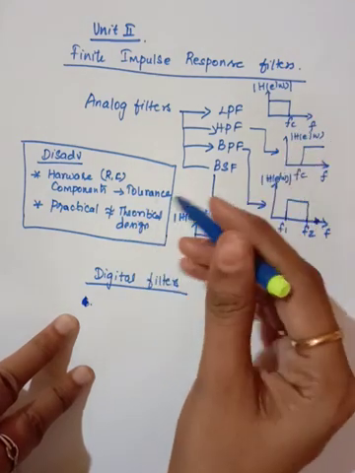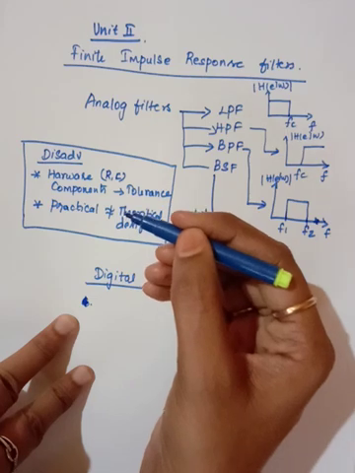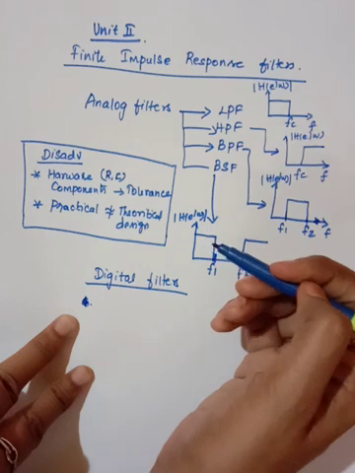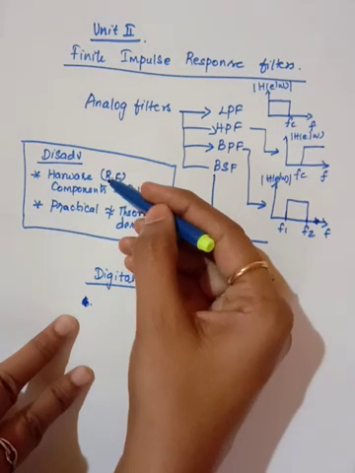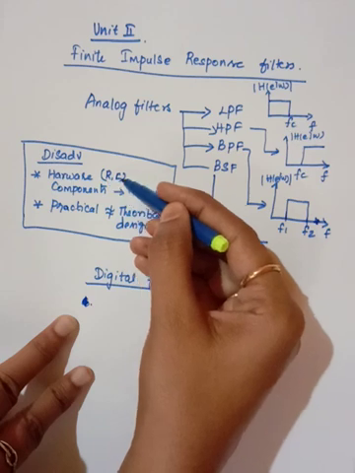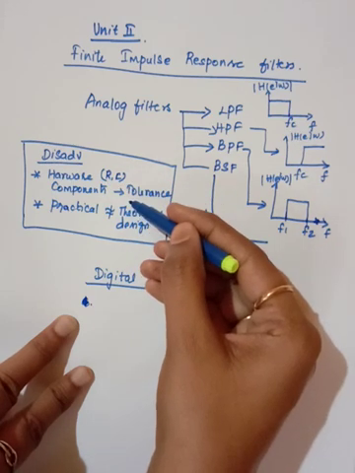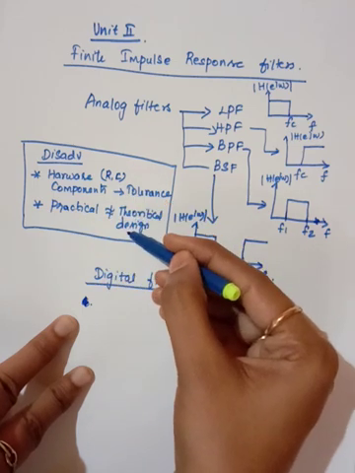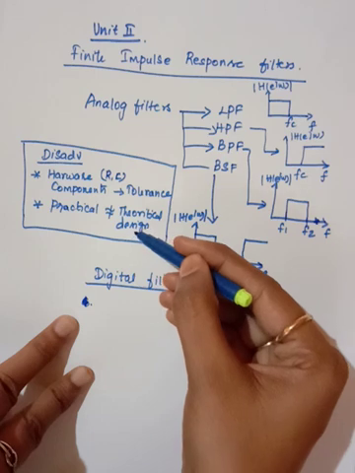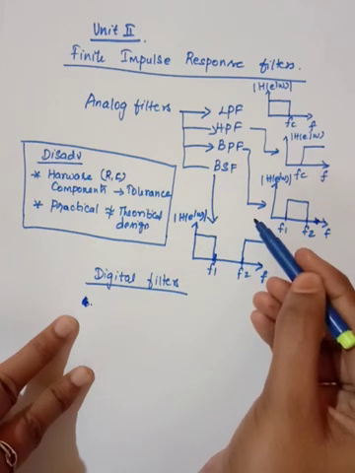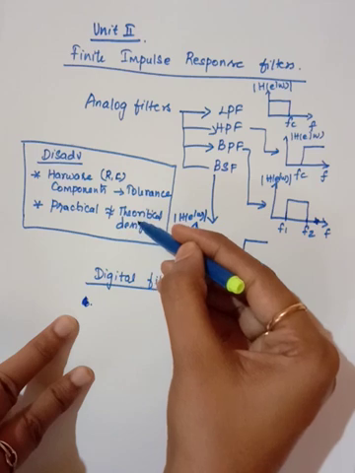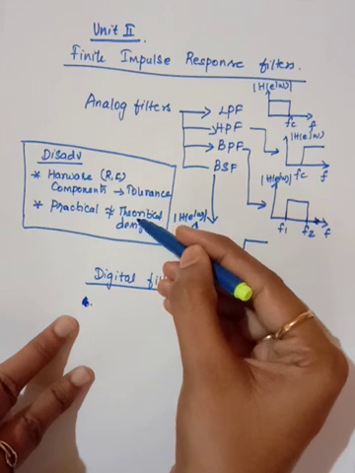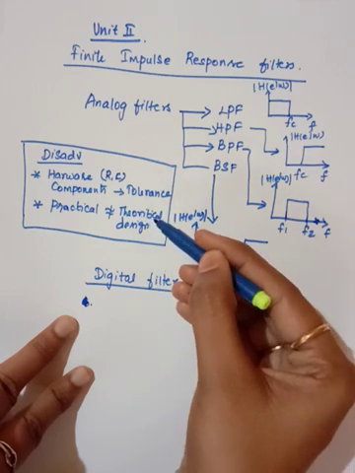The major disadvantage in analog filter design is that we design the analog filter by means of passive components as well as active components. Considering the passive components, R and C, the practical value obtained is not equal to the theoretical design. Suppose I am designing for 10 kilohertz as my highest frequency. Because of the tolerance value, the practical design will not be equal to the theoretical design, so it will not be suitable for real time application.